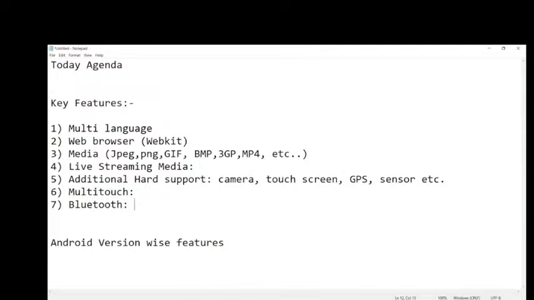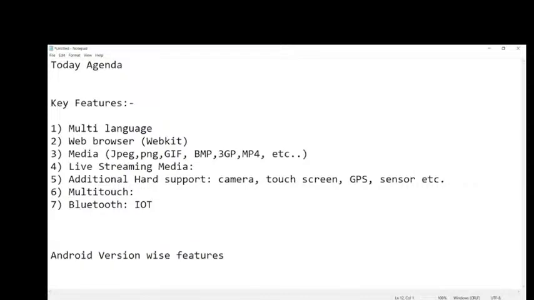But nowadays, not only that, we are connecting to IoT devices, like AC, fan, fridge, TV. Such other IoT devices we connect through our mobile. Because of that, Bluetooth is playing a major role nowadays.